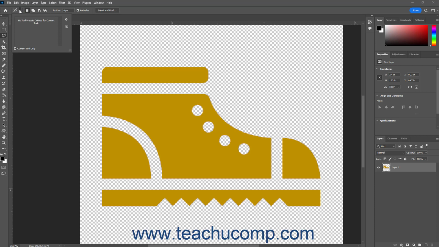bar control panel. To choose a selection setting button to use for your selection, click either the New Selection, Add to Selection, Subtract from Selection, or Intersect with Selection button in the Options bar control panel. This choice determines how the selection you are about to make interacts with any existing active selections in the Photoshop